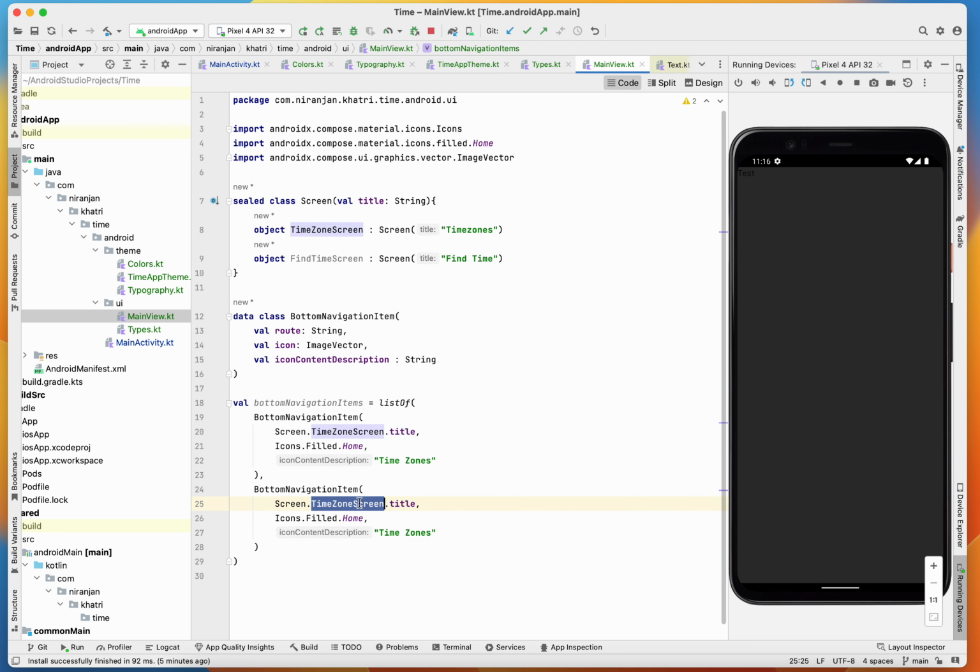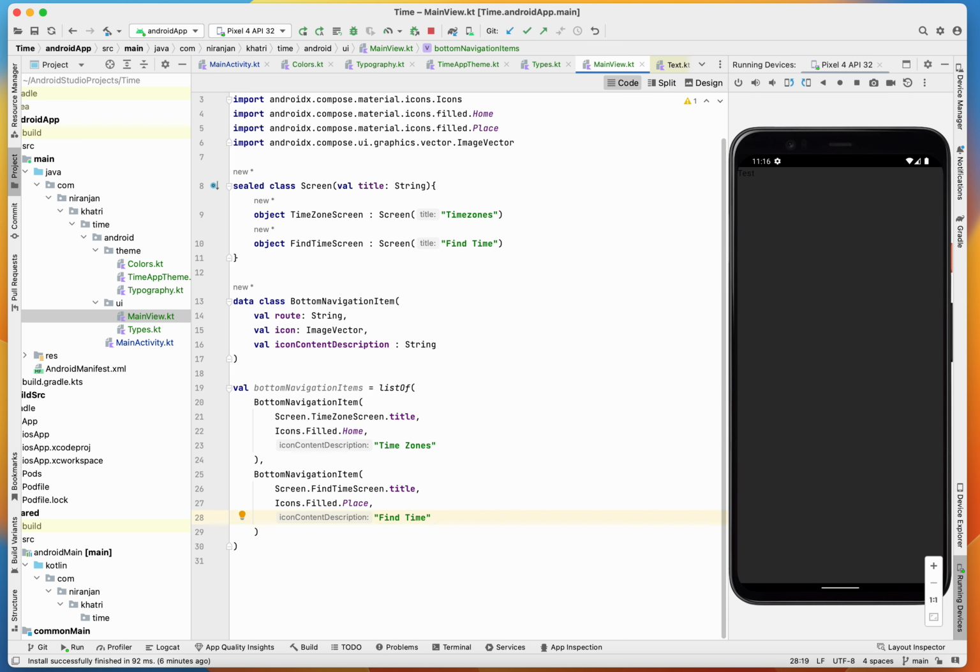This time it will be not time zone, but find time screen. It will be like place, it will be find time and time. Okay, bottom navigation item. Okay, so this is what it is, and now we will also start adding our